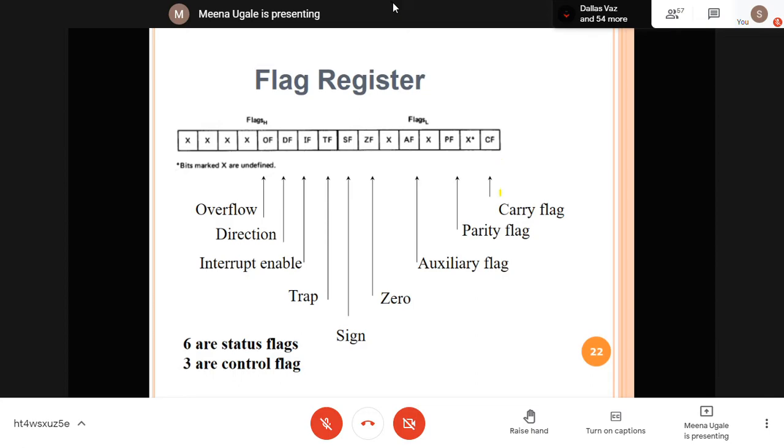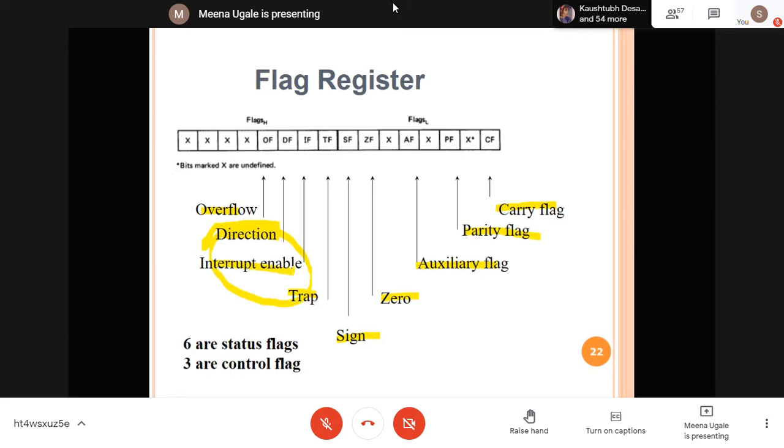Starting from the left hand side, you have carry flag, parity flag, auxiliary flag, zero, sign, trap, interrupt enable, direction, and overflow. From this, direction, interrupt, and trap, these 3 are known as control flag bits.